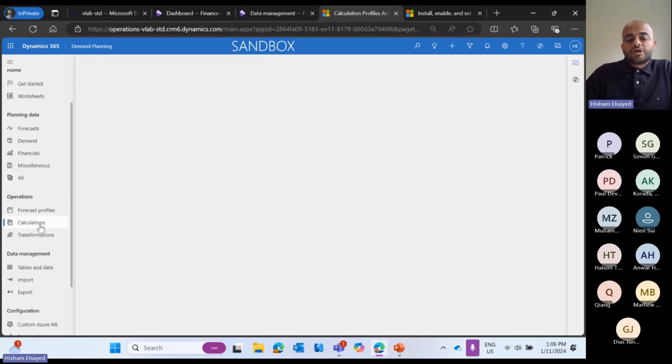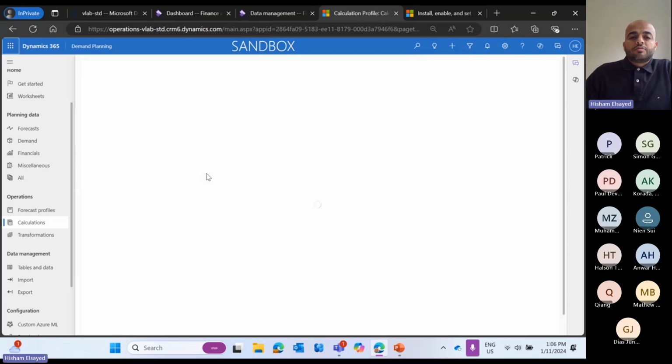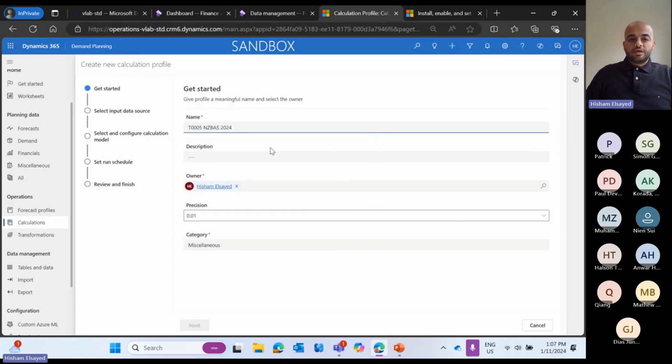So let us do some calculation on our data with a specific operation. For example, I need to use my data to multiply the quantity in addition with 1.5, for example, from the original quantity and do shifting for the date. And instead of the date starting with 2015, I would like it to be until 2024, for example. So I will come to calculation and I will create new. Similar step, I come to this one and I will make here